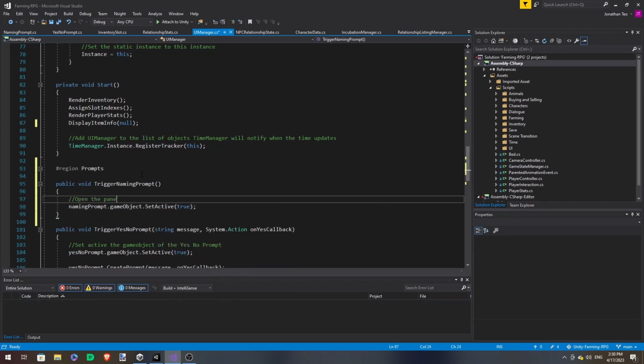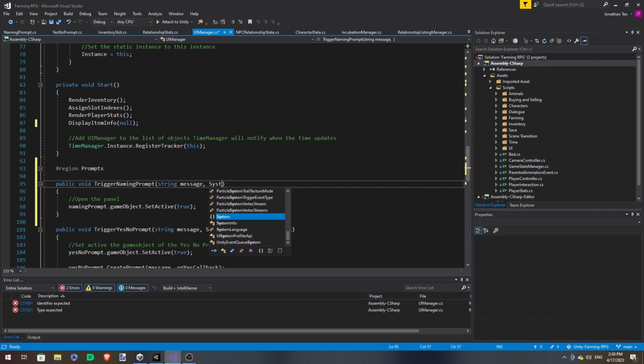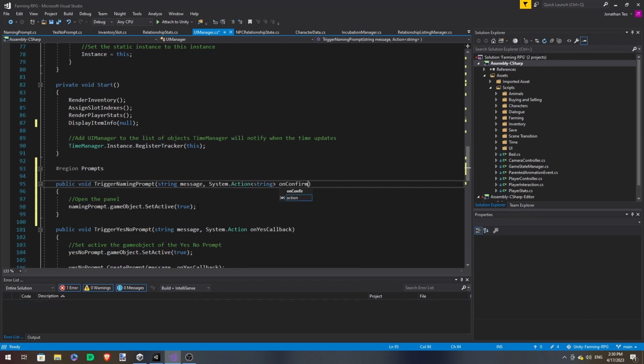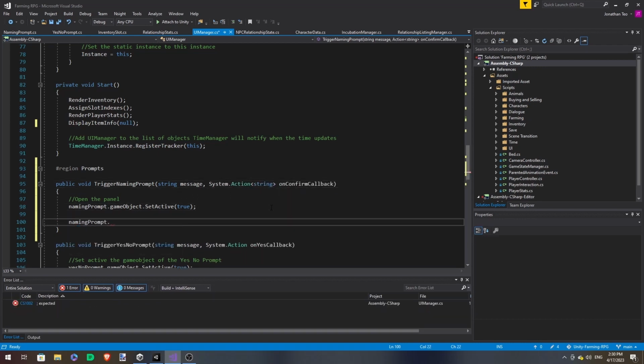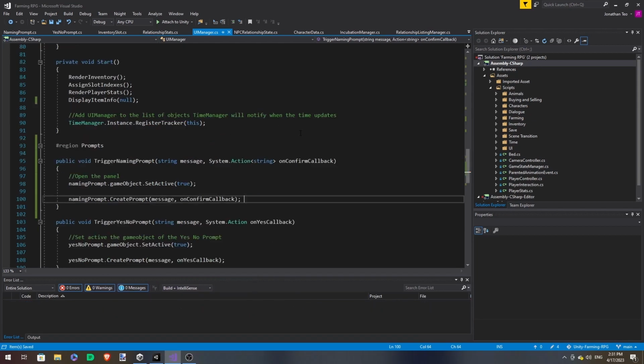So first we open the panel, and then we activate it accordingly. So first we have to take in the string, which is the message, and the action on confirm callback. Okay, so with that, we should be able to get the naming prompt up and working.